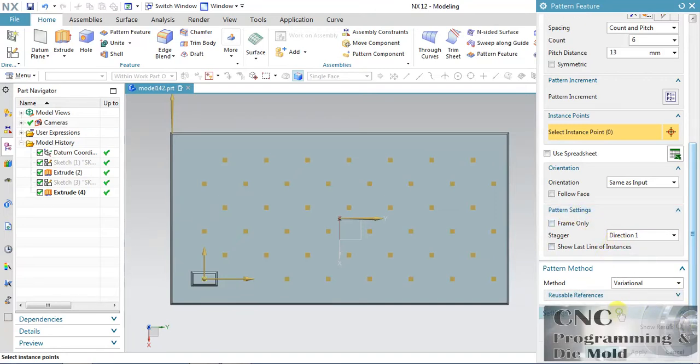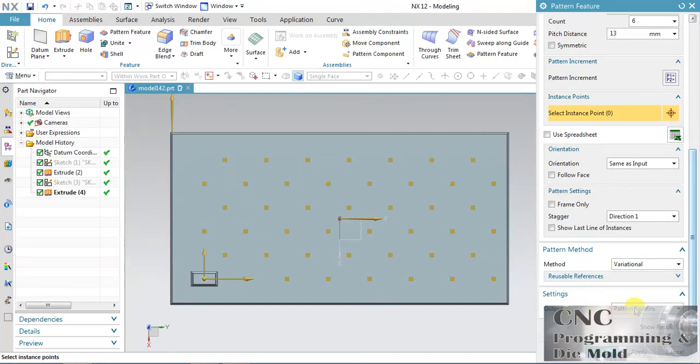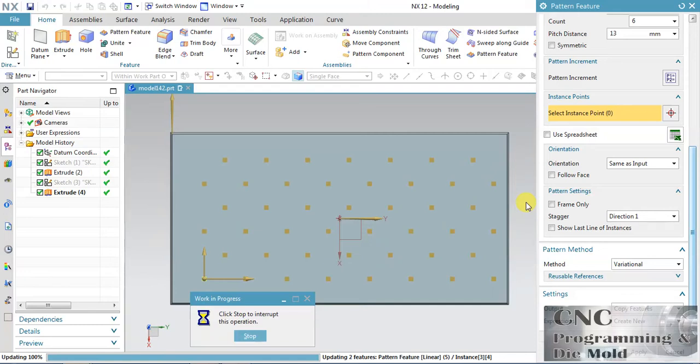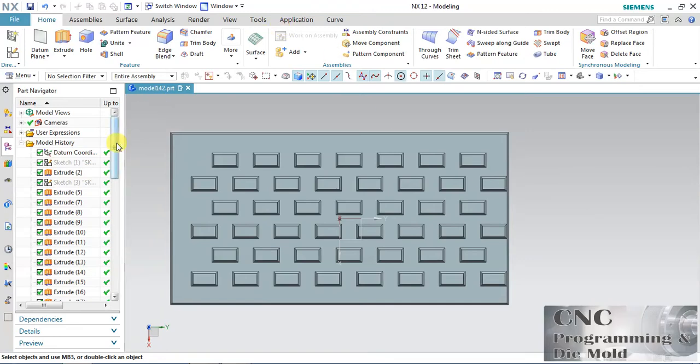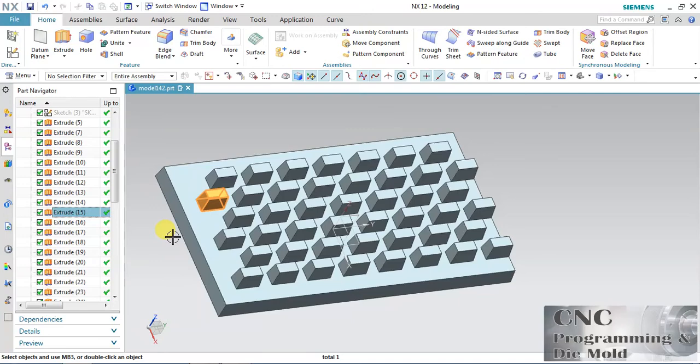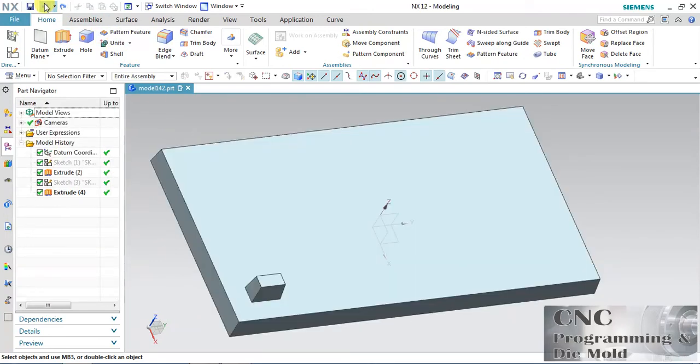Now I will go to this setting, and in settings we have this output as a pattern feature. All the objects, all these points come into a feature pattern, and if you click this copy feature and create new, all will come into separate extrude commands. You can see here all are separate, Extrude 7, 10, 11, 12. With the help of this we can separate all the extruded objects.